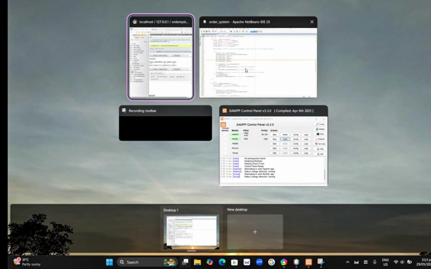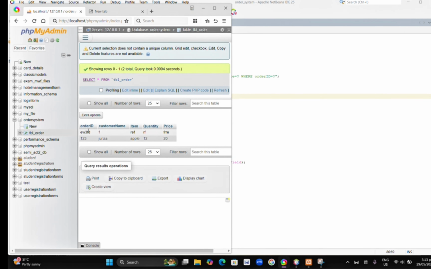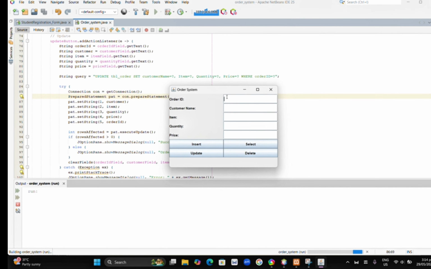After that, let's also try the update. Let's run it again, and then we need to input here, and then we will select the update.